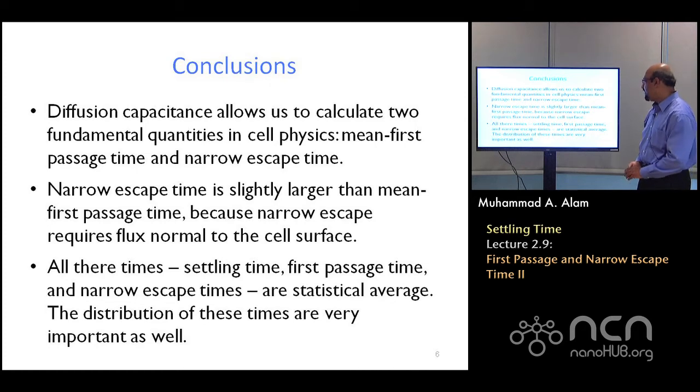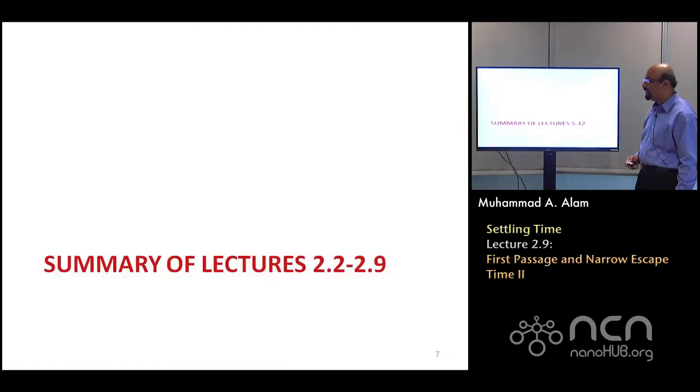Now, all three times, as we saw, I want to emphasize that these are statistical averages. We are not talking about one protein when it gets out, but we are asking that from a given point, thousands of proteins starting from the same point on average when they get out. Narrow escape time the same way. And obviously the settling time is we are asking when the first NS number of molecules lands on the sensor surface. With this short discussion on narrow escape time, let me summarize the lectures that we have covered